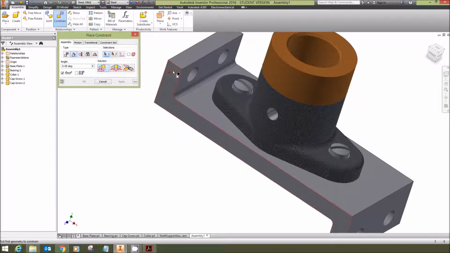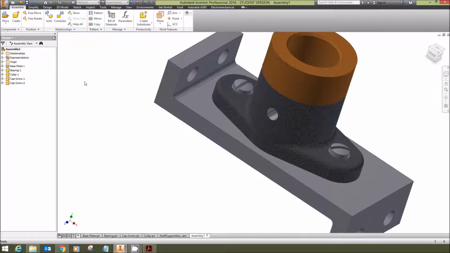and I'm going to choose this surface and one of the vertical surfaces of the slot, and I'm going to say 90 degrees, and I'm going to say okay. All right, and so that locked that screw down in place. It won't turn. The other method, using axes,